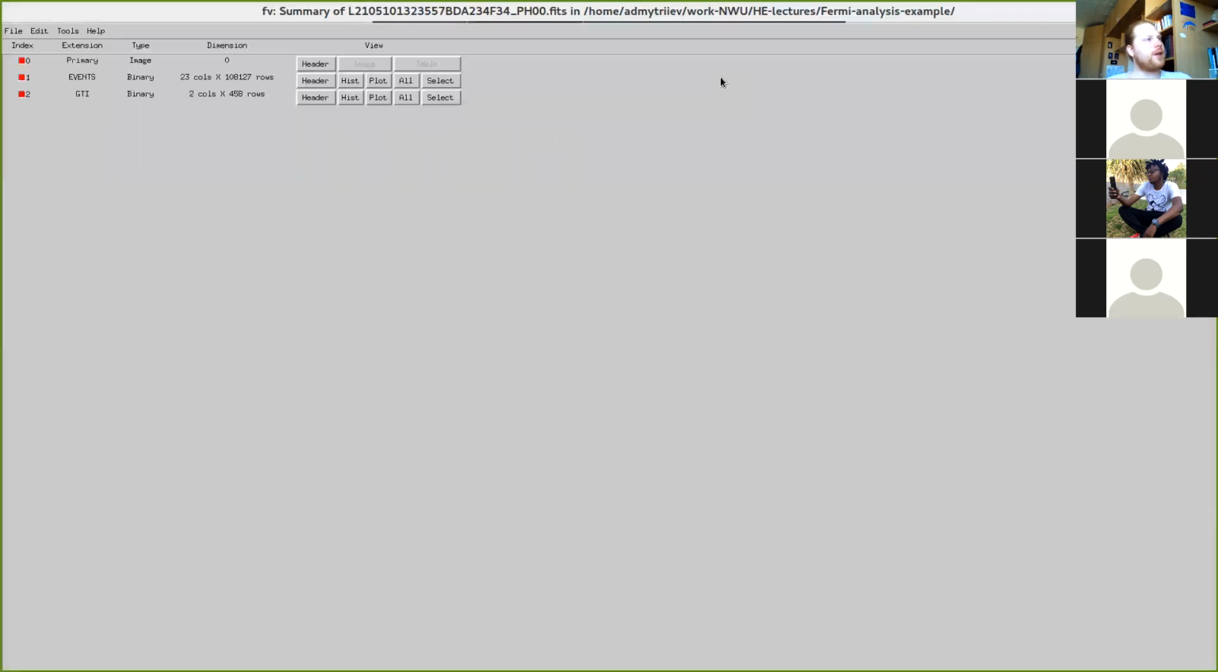Yes, so it's a very simple software. As you can see, nothing fancy, just the most basic. And we see that this file contains 2 branches, events and GTI, so events and good time intervals. Events, you can see there are 100,000 of events. So for our selection criteria, from 100 MeV to 100 GeV, and during 1 month of observation in June